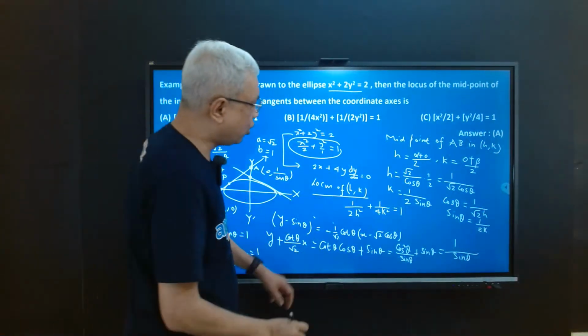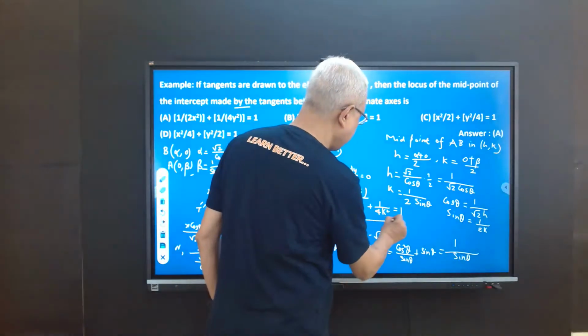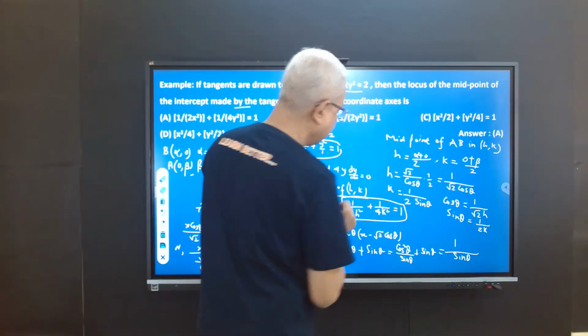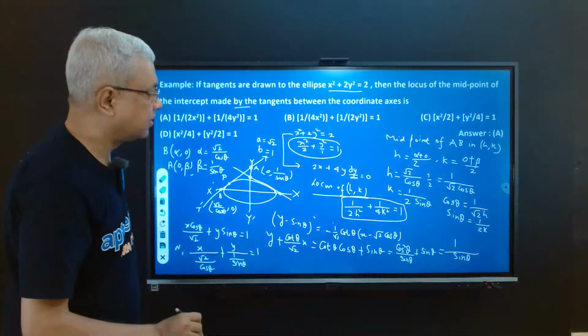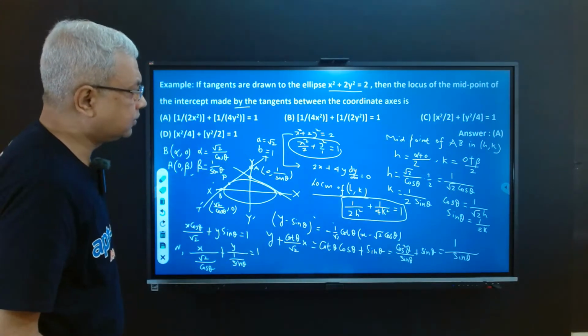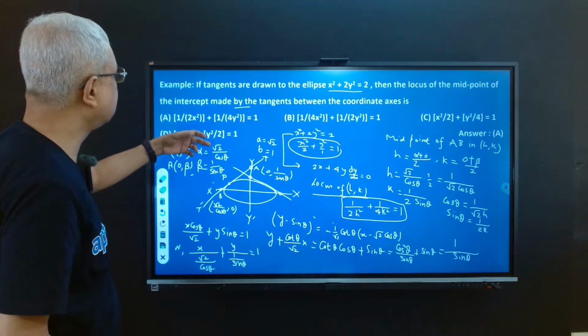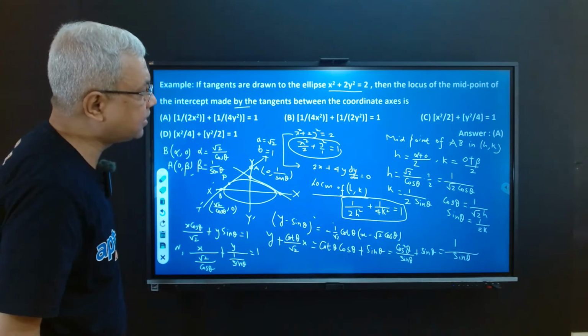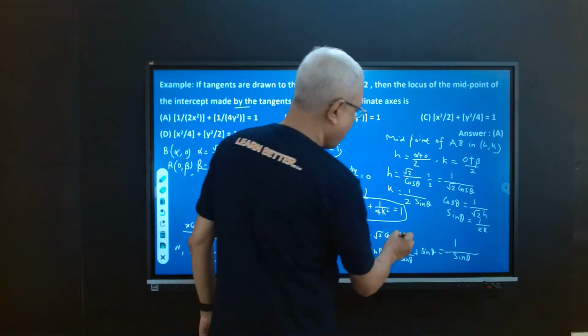Okay, so this is the relation between h, k, and this relation is always satisfied. So the equation of the locus will be, just replace h by x and k by y. So it is 1 by,